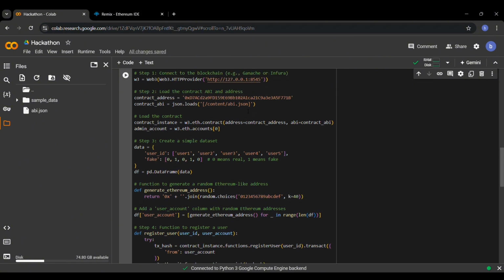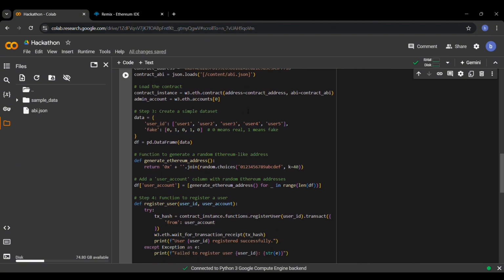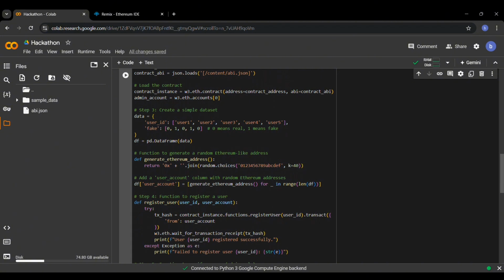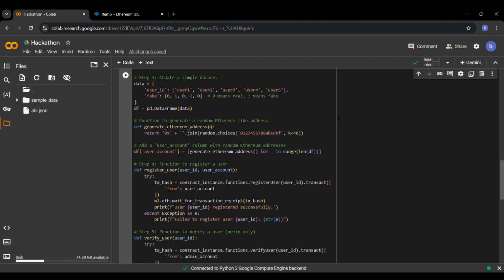In order to run this, we need Ganache. For Ganache installation, we need to set up Node.js in our system. Once Node.js is installed in our Windows, for checking that, we use the command prompt. We use node space -v and npm space -v to check whether Node.js is installed in our computers. After that, we need to install Ganache. Once it is installed, then you can connect Ethereum with our Python script.